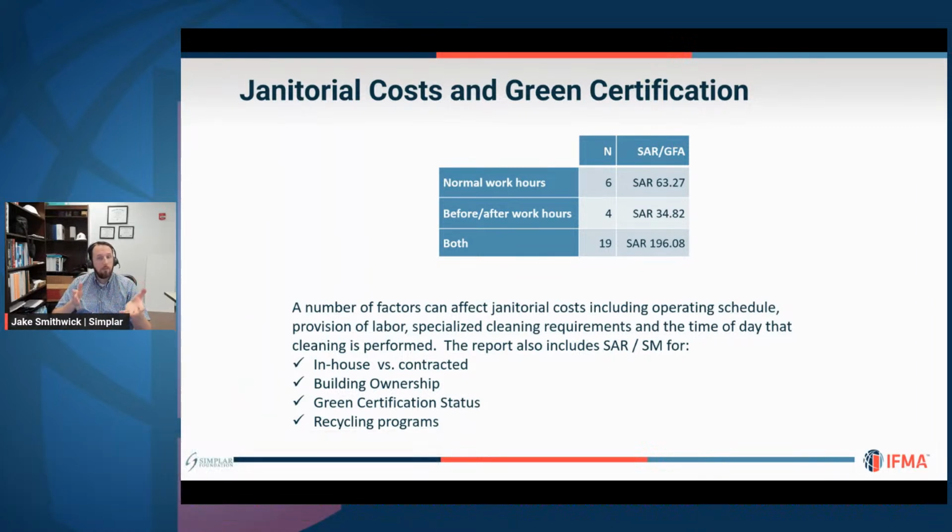What this is highlighting is the power of benchmarking. As you start developing this data and you compare it to other similar types of facilities, having this data can help us have a good baseline for what we're looking at. Again, our data set in some regards is a little bit limited, and that's why I encourage us, as we have future benchmarking efforts throughout the Middle East, to be sure to participate,